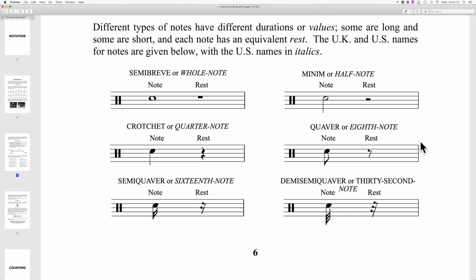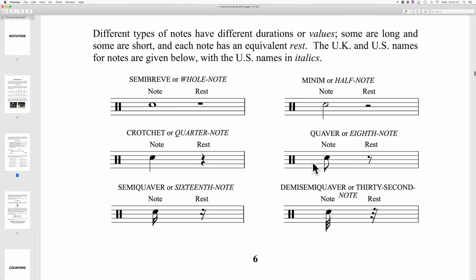So yeah, those are the different notes, and actually they halve each time. So we've got our semibreve, then we have the minim, which is half as long. A crotchet is half as long as a minim. A quaver is half as long as a crotchet, and a semiquaver is half as long as a quaver, and so on. Demi-semiquaver, half as long as a semiquaver. So it can be a bit confusing. But don't worry, because to begin with, we'll mainly be looking at crotchets, which are nice and friendly and easy, and quavers, which are equally nice and friendly and easy. So moving on,